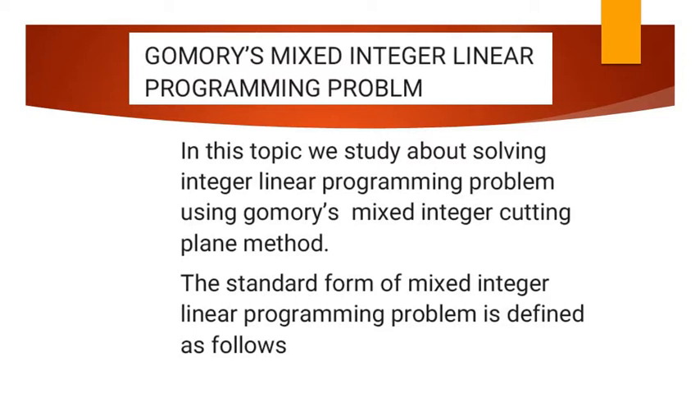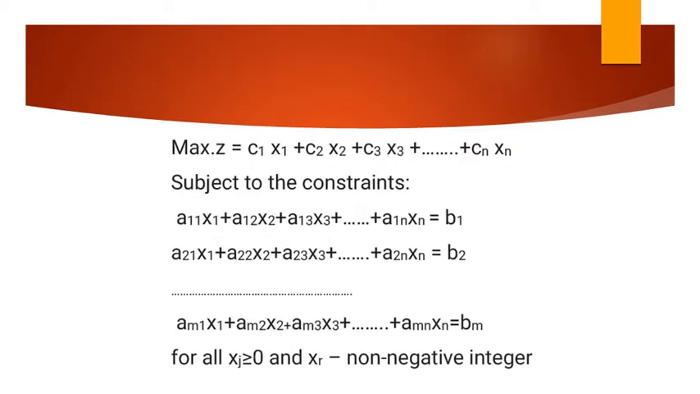So here let us start with a standard form of the mixed integer linear programming problem, which is defined as follows: maximum z equal to c1x1 plus c2x2 plus c3x3 plus etc plus cnxn, subject to the constraints a11x1 plus a12x2 plus a13x3 plus etc a1nxn is equal to b1, and a21x1 plus a22x2 plus a23x3 plus etc plus a2nxn equal to b2, etc, am1x1 plus am2x2 plus am3x3 plus etc plus amnxn equal to bm, for all xj greater than or equal to 0 and xr is a non-negative integer